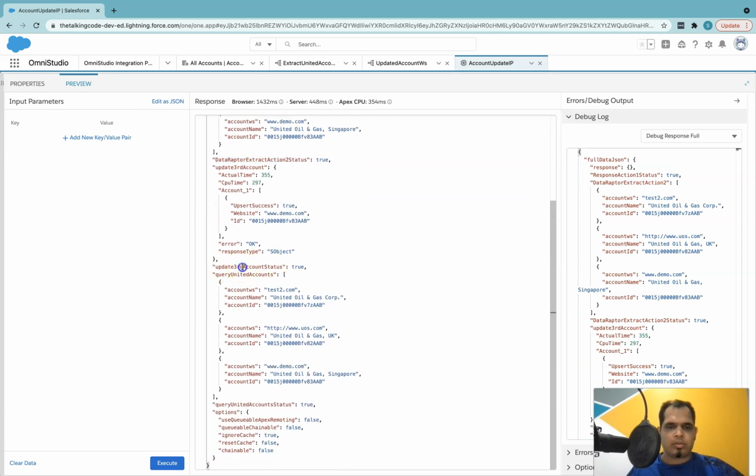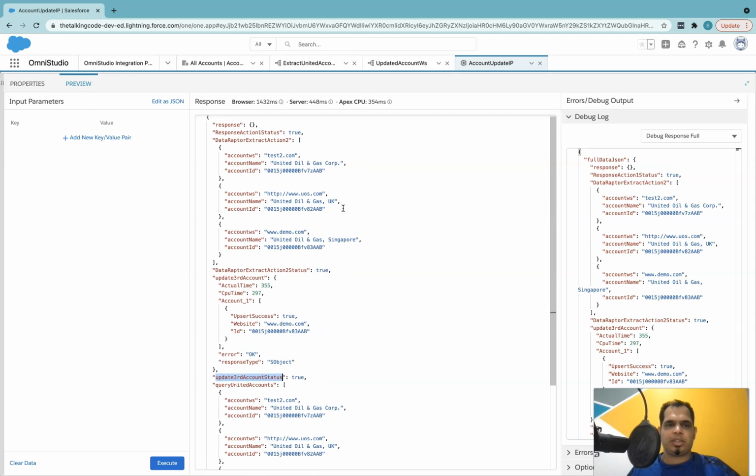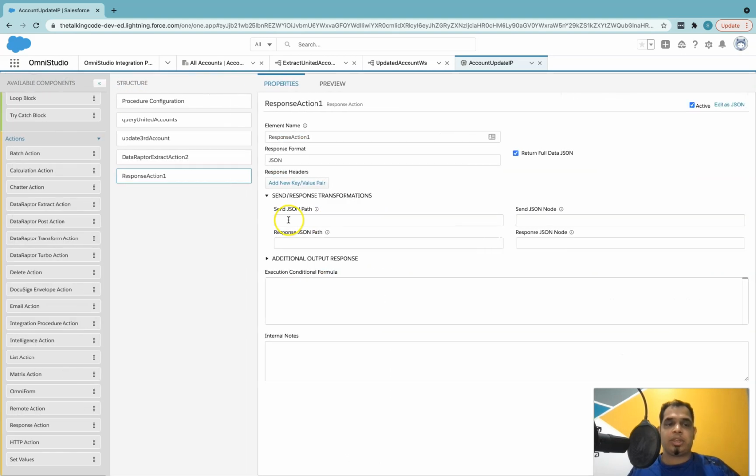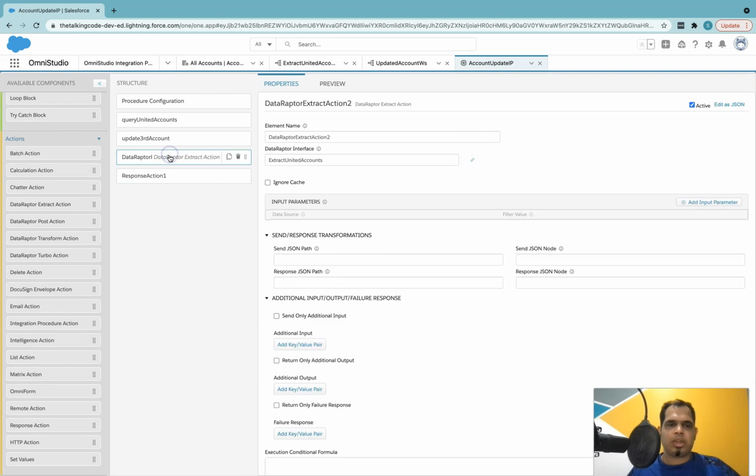It also returned the response or the debug of all the 3 data raptors. But this might not be so helpful for us. Maybe we just need the result of this last data raptor.